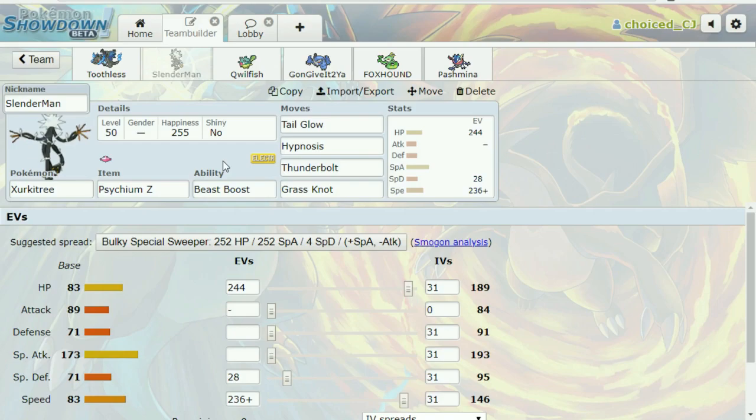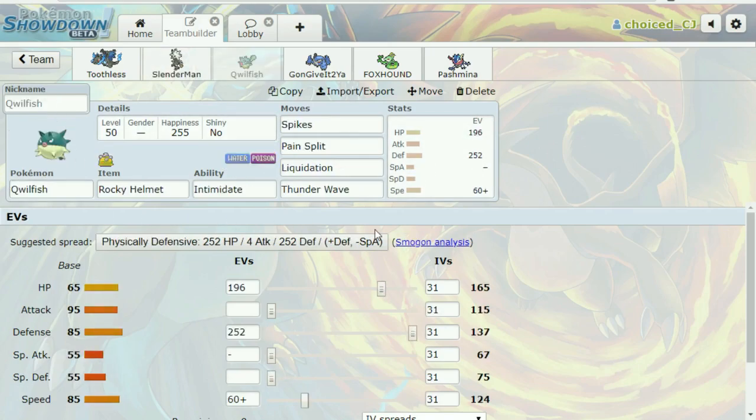I'm expecting a fully physically defensive Hippowdon, and so no special attack investment still KOs fully physically defensive Hippowdon through Rindoberry at +3. So it just didn't seem necessary to invest in special attack that much. So this could potentially be the win con, but really I just want to use it to wear down the team, especially Hippowdon. So next we do have Rocky Helmet Qwilfish,